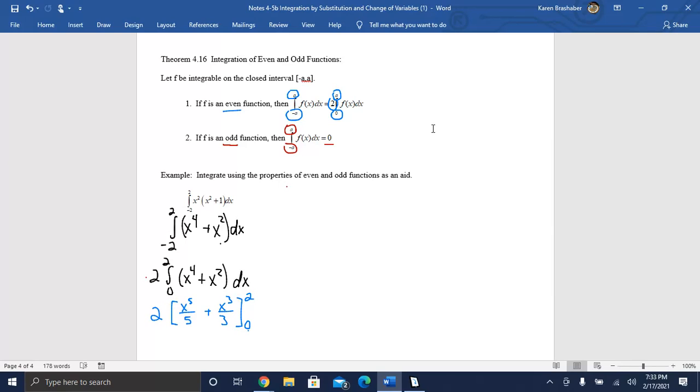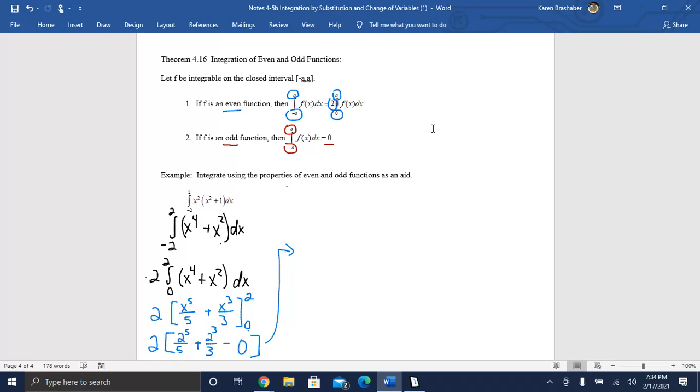And so as we substitute in, we have 2 to the 5th over 5 plus 2 to the 3rd over 3, minus, and then plugging in 0, I get 0. So you'll see that that was much easier than plugging in the -2. Then just simplifying that out,